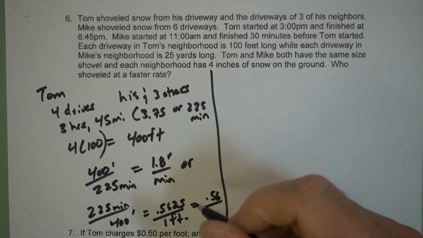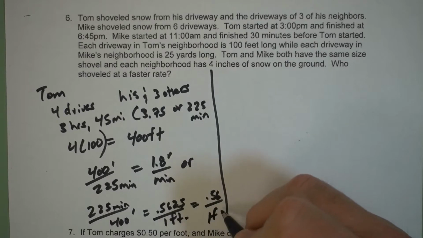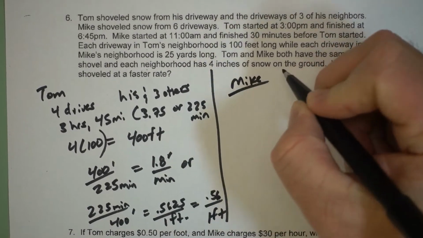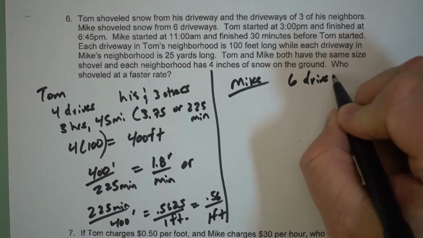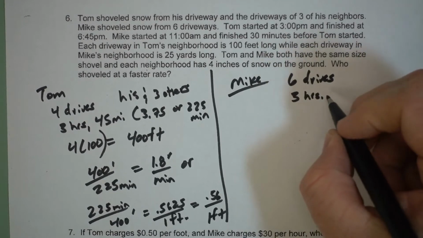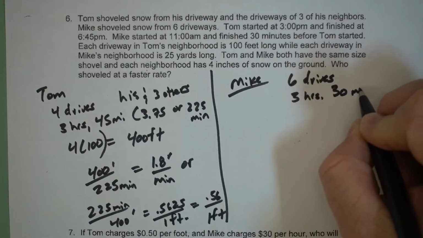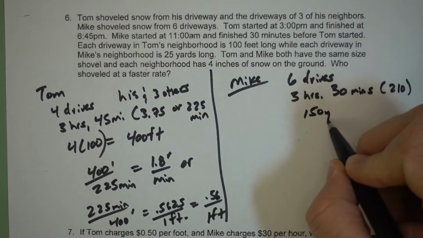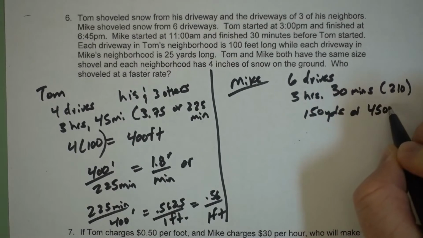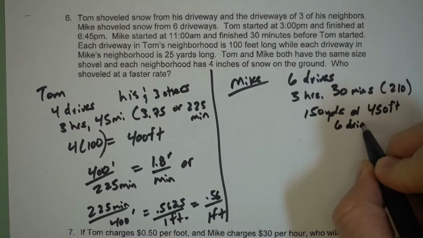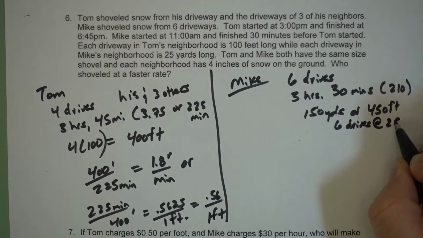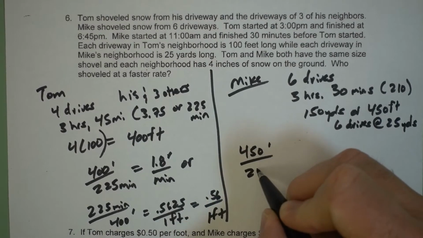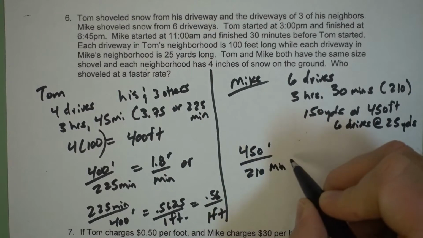Equals. Now we've got to figure it for Mike. Mike did 6 drives, 3 hours and 30 minutes, or 210 minutes. He did 150 yards, or 450 feet, with 6 drives at 25 yards. So we have 450 feet divided by 210 minutes equals